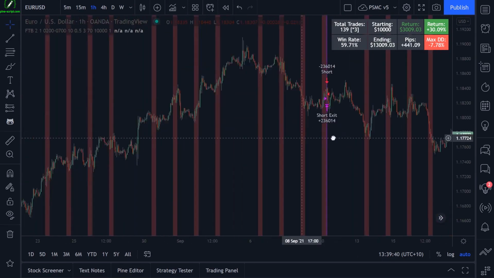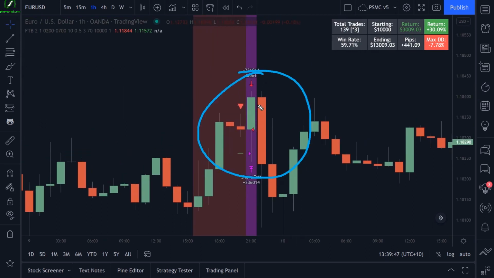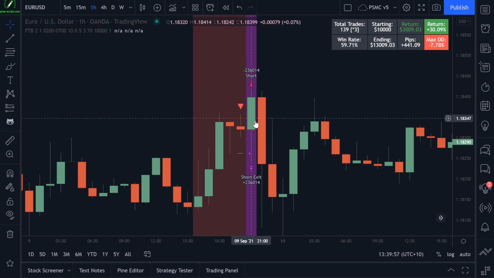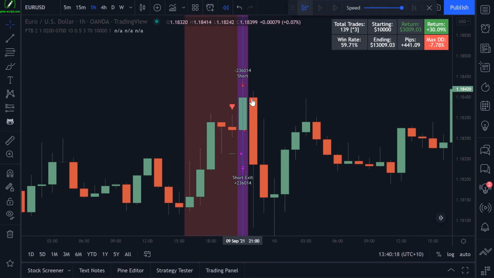See this purple line? If I zoom right in on this, you can see that this particular bar here is recorded as a winning trade. It hit our take profit, but it also hit our stop loss on the same bar. And the strategy tester does not do a very good job of simulating how that bar played out. It's very possible that this trade came up and hit our stop loss, then came down and hit our target, and then closed up here. And the strategy tester has recorded this as a winning trade when in fact it might have been a losing trade. So the only way to verify that is to use the bar replay tool and then drop down to